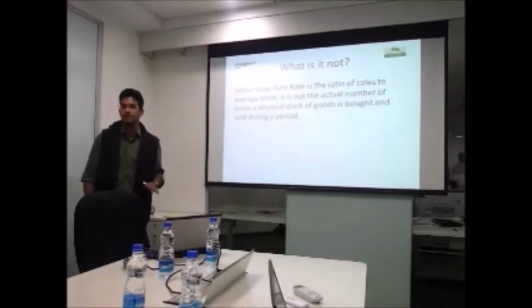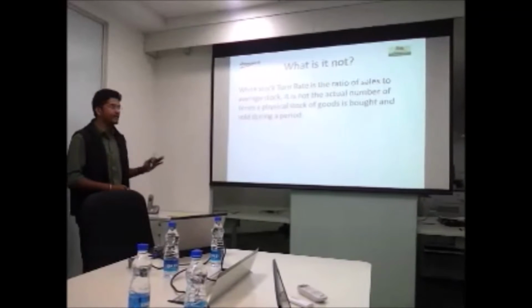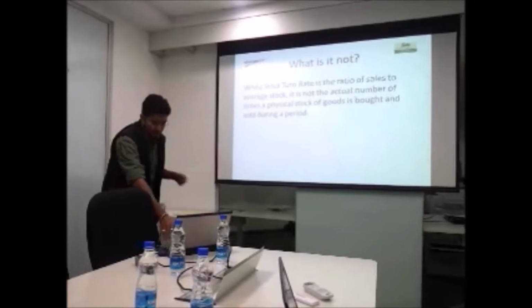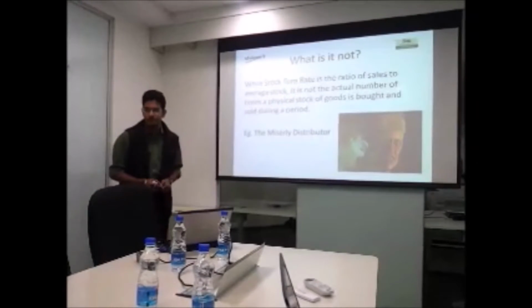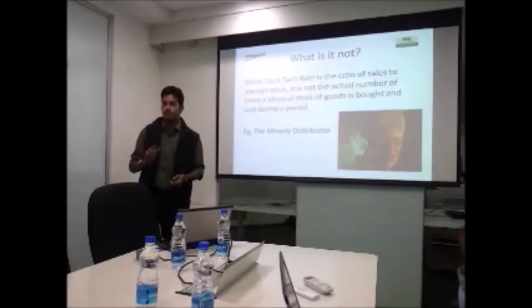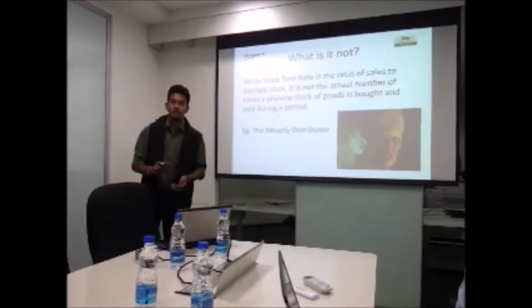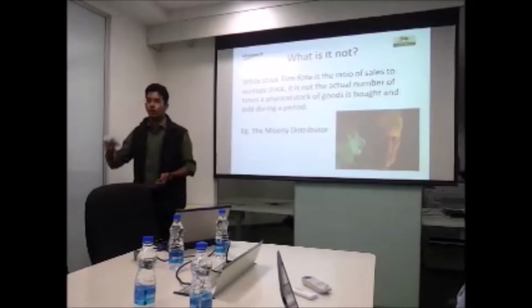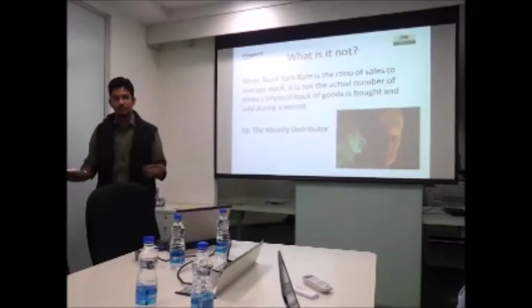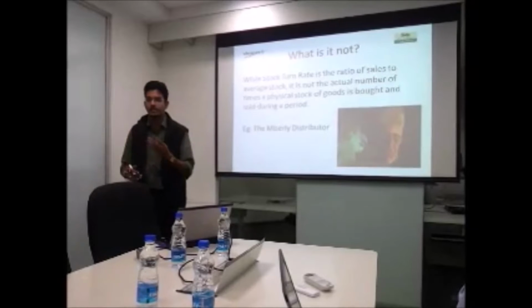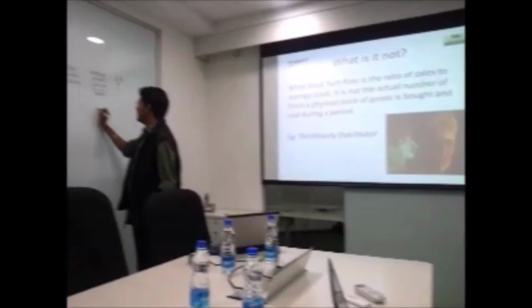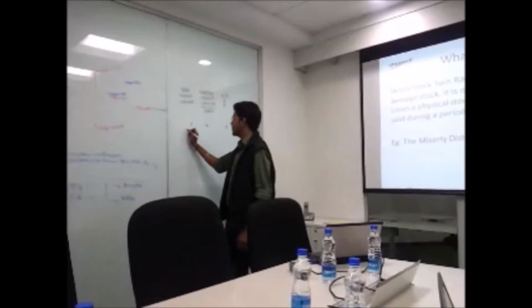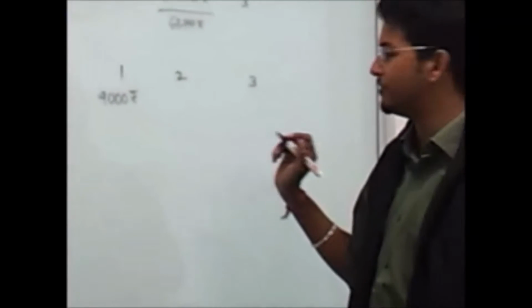So just to illustrate this, I have a story which is called the miserly distributor. What the miserly distributor will do is, the tendency of such a distributor is to order only when he has no other option left. He has completely exhausted all his stocks, and only then he is ordering. So consider a scenario like this, that a distributor orders only 3 times in a particular year. He's a small guy, so he'll order only 4,000 rupees worth of inventory. Obviously he's ordering 3 times a year, which means we are talking about 4-month periods.